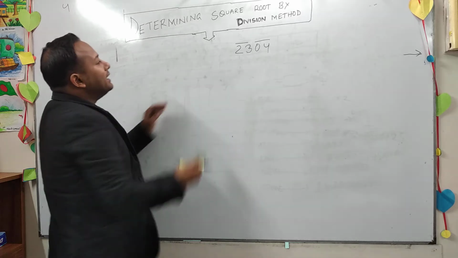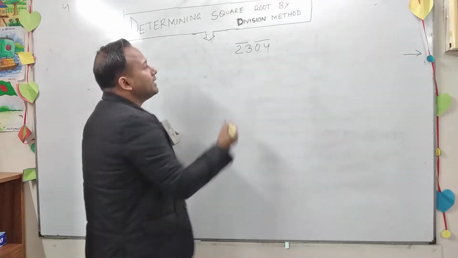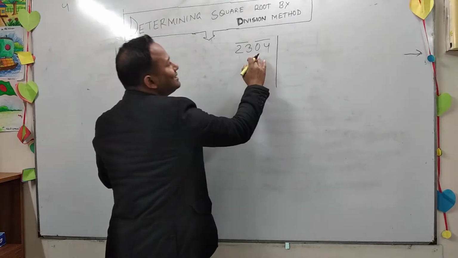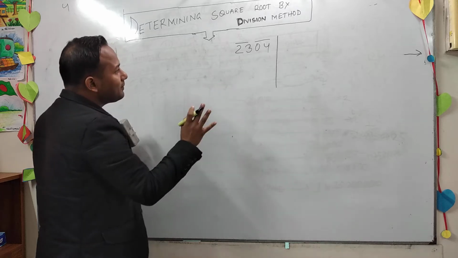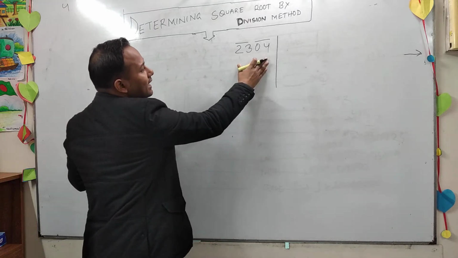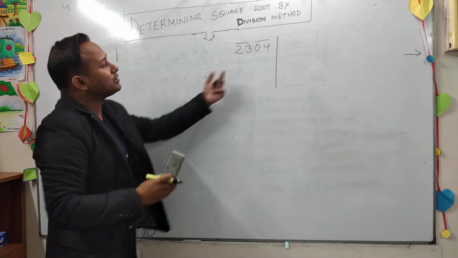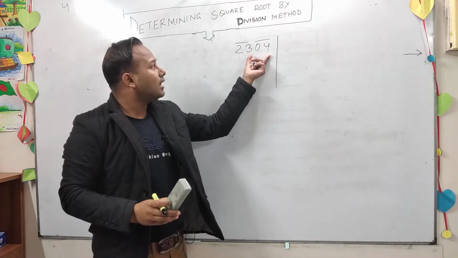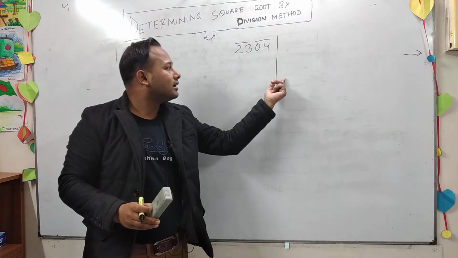The next one, we will do something different. We will draw a line just beside 4, and that is a vertical line. This vertical line we have drawn just beside this number. First we took 2 pairs and we have taken one more, that is a vertical line.